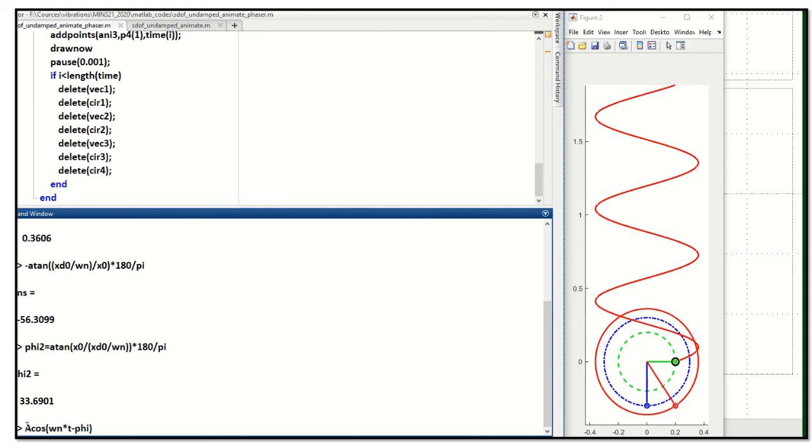Once you know the amplitude of the position vector and the phase angle, you will be able to capture the motion of the mass. You'll be able to capture where the mass is located, and the mass location is A times cosine of this phase angle. So obtain the phase, get the cosine of that, multiply by the amplitude, and you get the position of the mass.